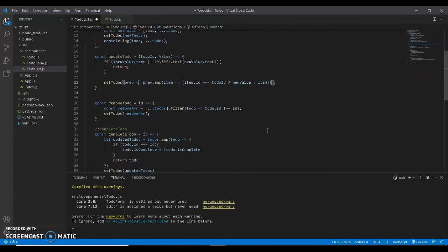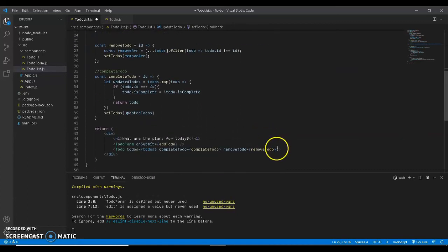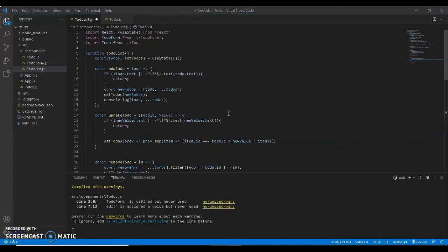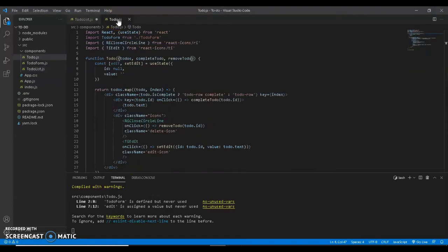And to pass this value, we have to go in here, and we have to write here updateTodo, like the way we did removeTodo. So updateTodo and curly braces closed. So we will save this one, and now we will go to todo.js. What's happening? Yeah, we are here. So here, the way we did the removeTodo, we will go with updateTodo